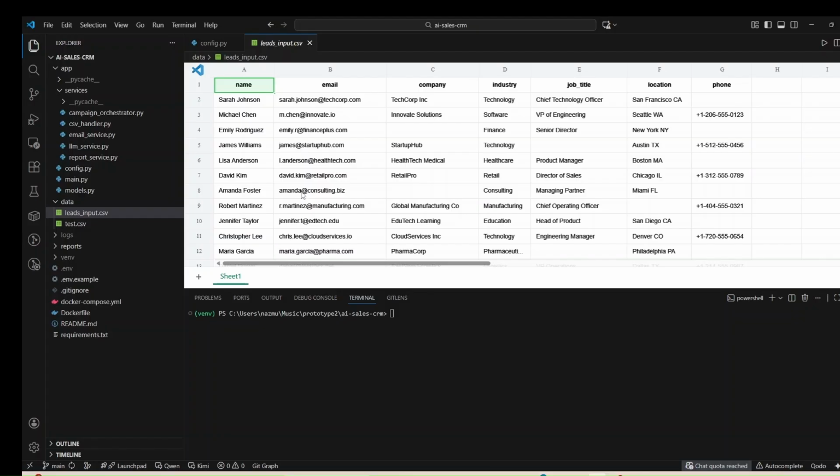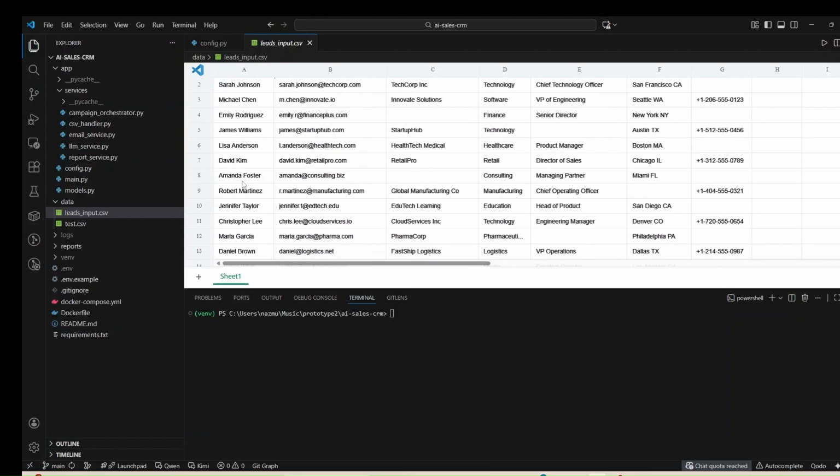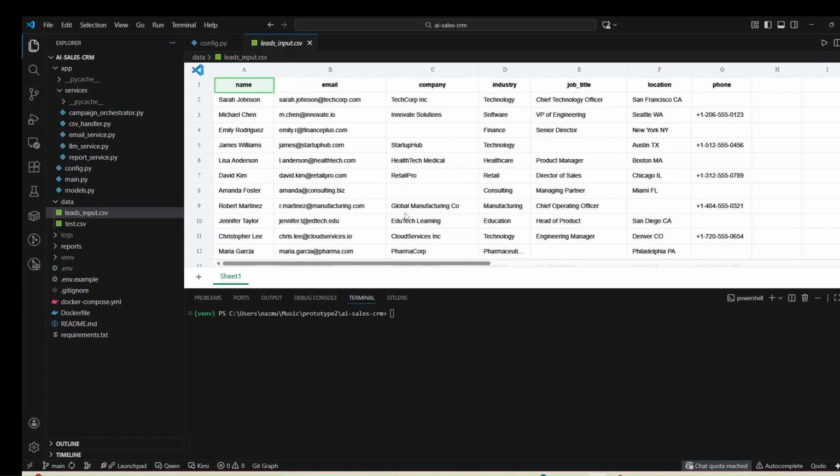So this is a dummy leads CSV, where I perform the automated CRM. I also perform validation. I use Pydantic for the validation, so that the model is robust and I can check that everything is correct. Then in the second step, I process the leads to score, enrich, create personas, and draft emails. In the third step, I send the email to all the leads using their email addresses. And in step 4, I simulate the responses for demo purposes.